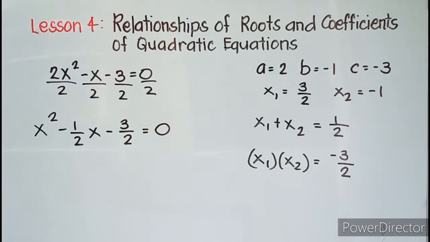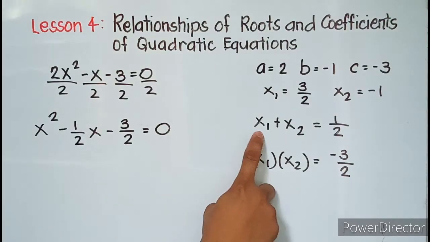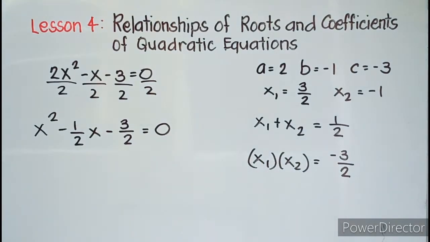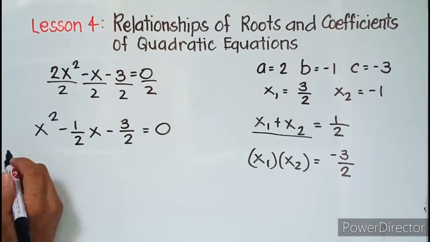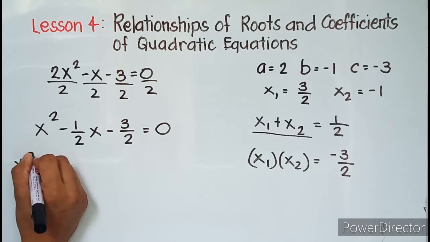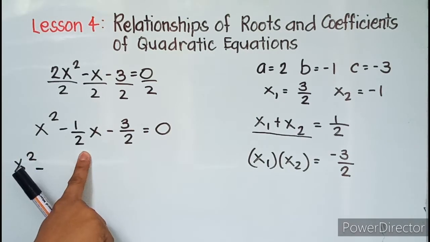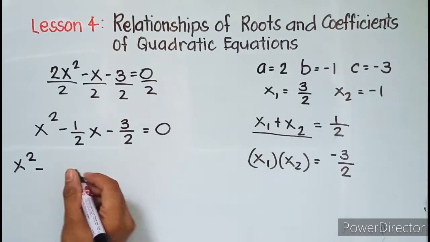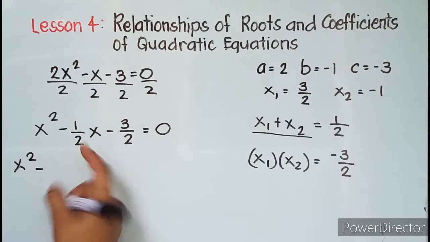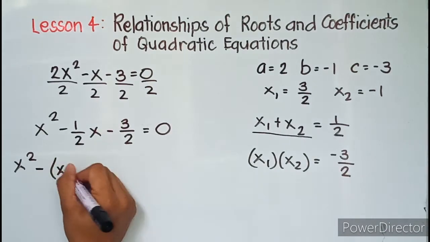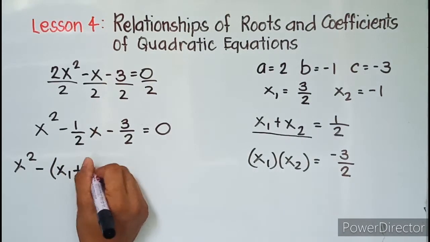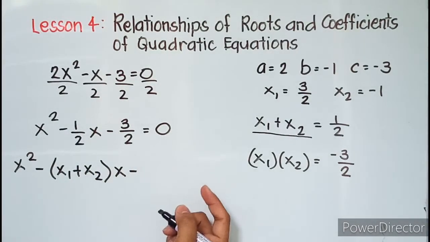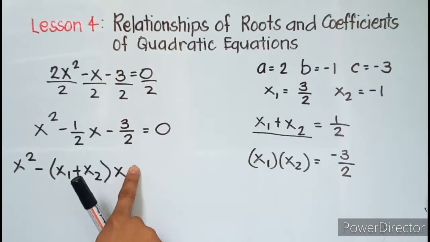Now, if we are going to rewrite our given using this x sub 1 plus x sub 2, we will have x squared minus, saan equal si 1 half? Kay x sub 1 plus x sub 2. So, palitan natin si 1 half ng x sub 1 plus x sub 2, x minus, wait lang,